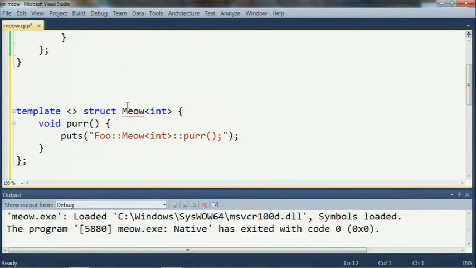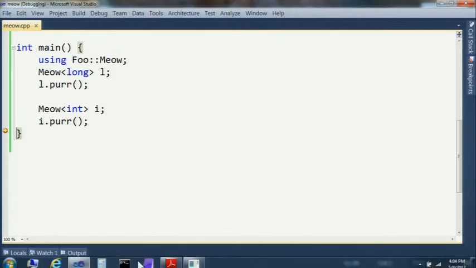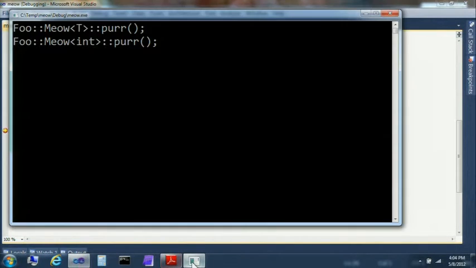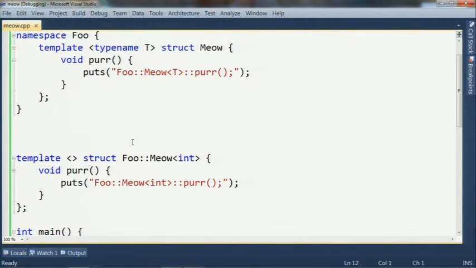So I could say foo meow like this, in which case it will compile and run as usual. That's not the one I want. Here we go, as expected. But now imagine that I've got using declarations. So if I say